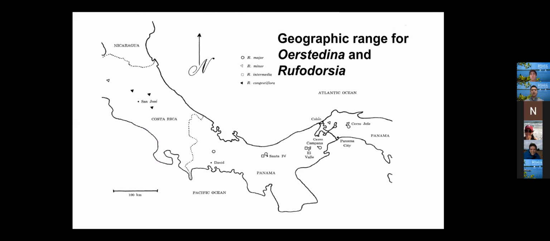Orsina and Rufidorsia are sympatric, meaning that they are found in the same areas. The shapes represent various locations of different species of Rufidorsia in these areas. The Orsina significantly overlap in location, but there is one species of Orsina, mexicana, which exists in an isolated environment. We included all the species from Panama and Costa Rica. We do not have one from Mexico, and we only know one collection of that species from Mexico in 1972. The one from Mexico is only known from a type locality and type collection.